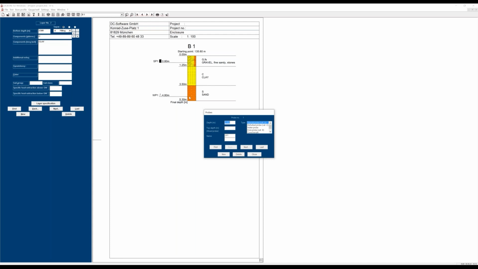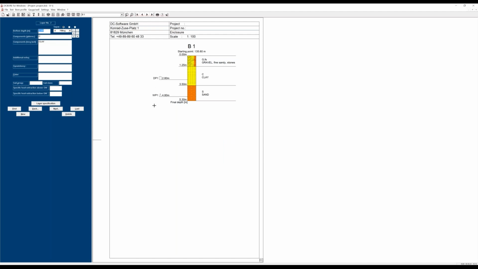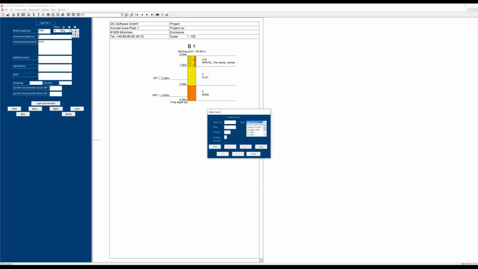And this is immediately, this was deleted, sorry. This is immediately shown here in the input and in the output window. And at the same position here, we can define water levels. And this may be, for example, a groundwater level which is changing. We have, for example, bored at 2 meters and 50,